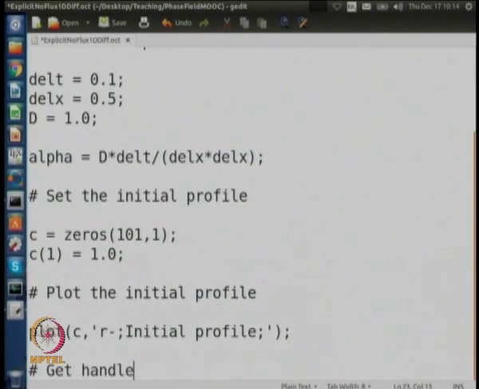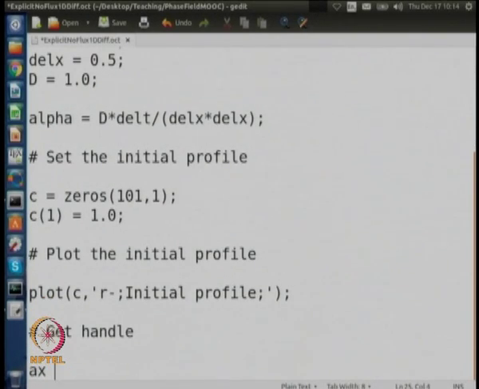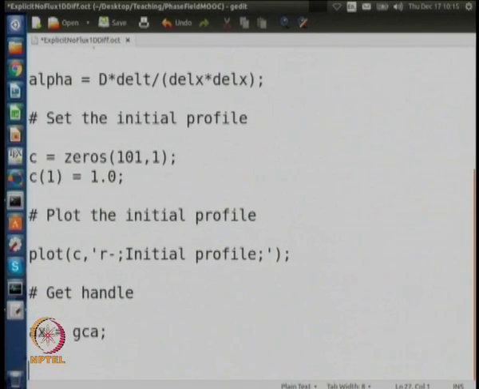Get handle. So, what is handle? I am going to say Ax is equal to gca. So, this is getting the handle for the axes box. What is the purpose? If you say set Ax comma